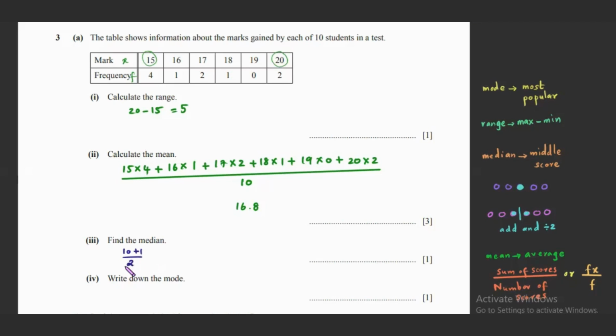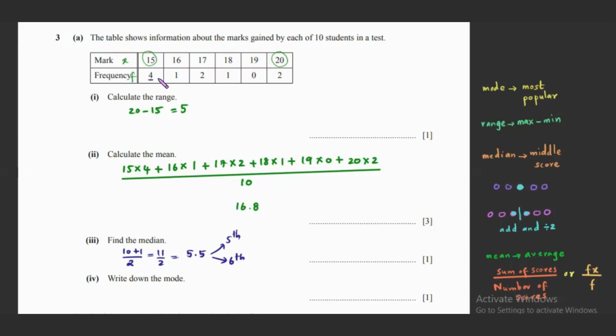2. So 10 plus 1 is 11. 11, when I divide it by 2, I get 5.5. This means that the 5th score and the 6th score should be added together and divided by 2 to find the median. So when we consider the table that is given,